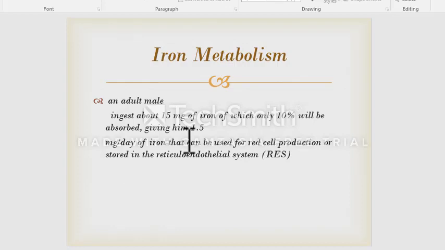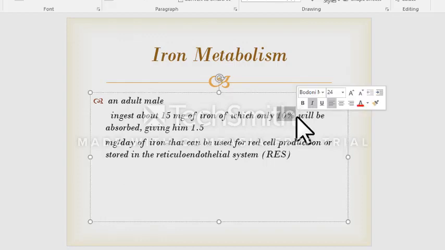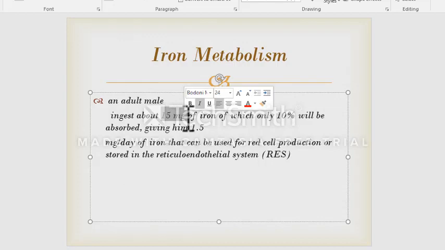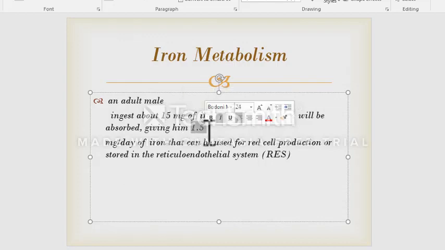An adult male usually ingests 15 milligram of iron per day if they take a balanced diet. So our body will absorb only 10% of that iron. So 15 milligram of iron if ingested, our body will absorb 1.5 milligram of iron,